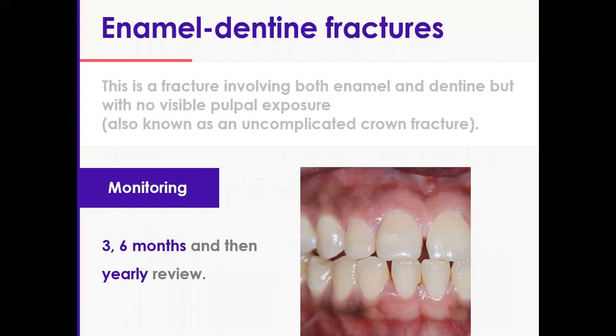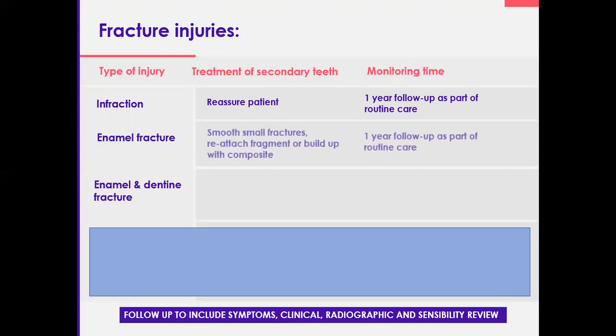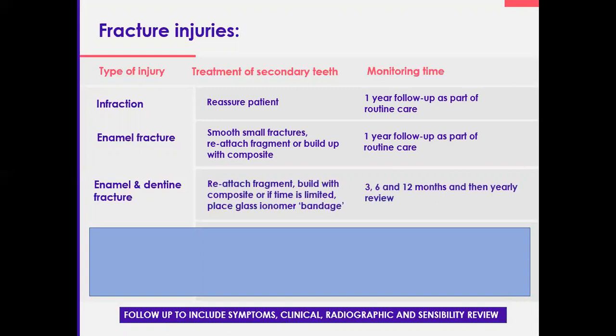months as well. So to sum up, the recap: so far we've covered infractions, which don't really need much doing to them, just need reassurance and annual follow-up. Enamel fractures that we talked about yesterday, they need either smoothing down, reattachment of the fragment, or build-up, and an annual review. And finally, as we've just covered today,